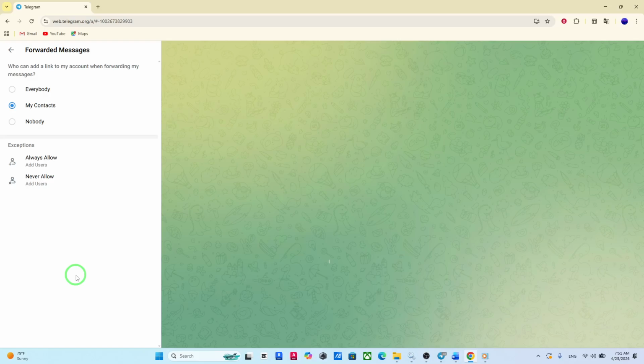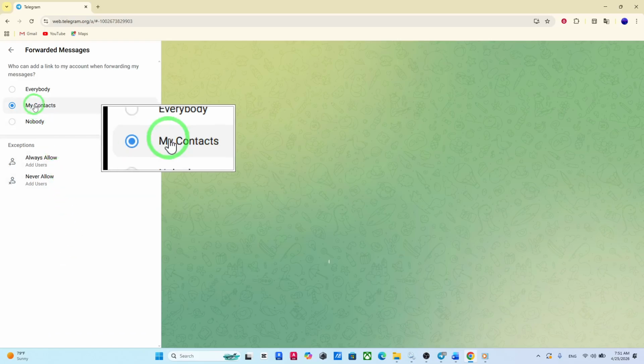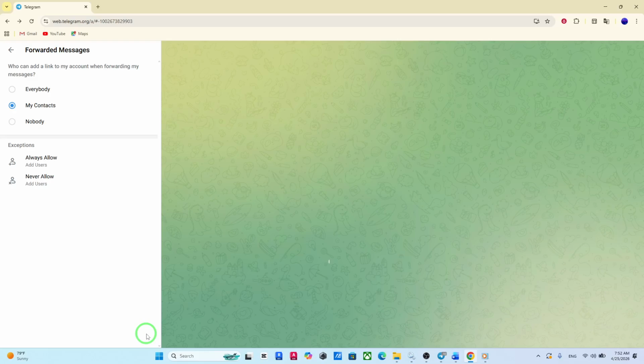After that, you'll see an additional option appear called Always Allow. This is the key step. Click on Always Allow and a list of your contacts will show up. From here, select the specific users you want to give permission to. You can pick as many as you like depending on who you trust with this privacy setting. Once you've chosen the users, make sure to confirm your selection. Telegram will instantly save your preferences,